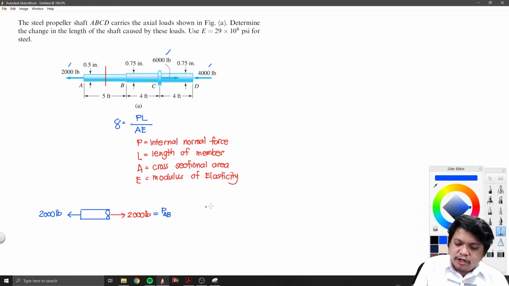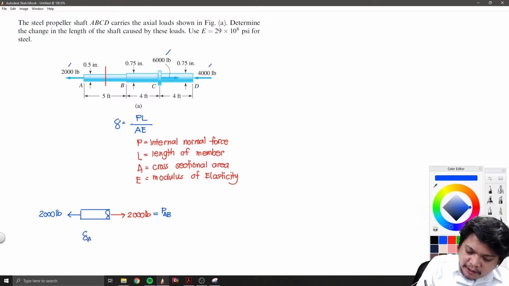And kung papansin niyo, away from the section, this is tension. Ibig sabihin, if the shaft experiences a tension, then we will be having an elongation. Pag naging compression siya, ibig sabihin, shortening naman siya. So, we will be having here a minus sign for that. Okay? So, to solve for the deformation of the AB, you will be having here PAB,